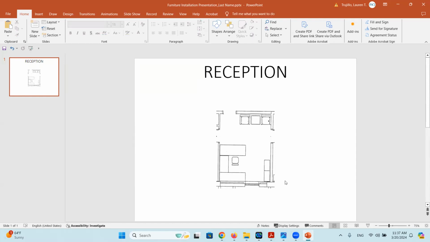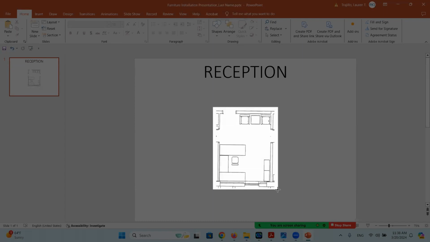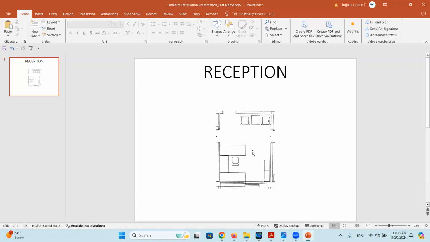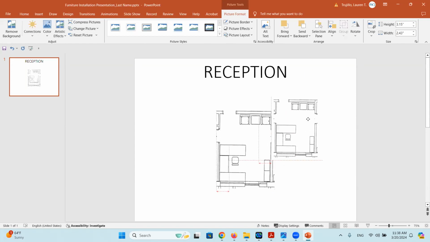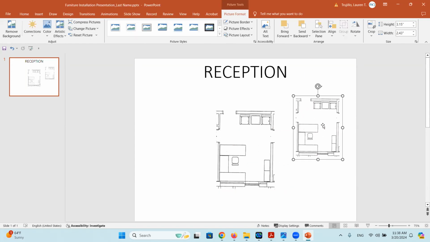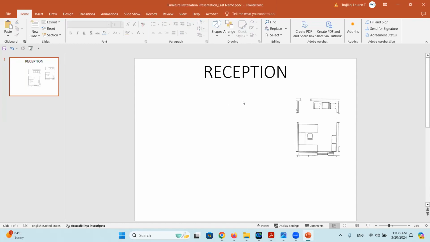Now, as you work with this PowerPoint, it's actually going to get maybe a little bit inconvenient to have all those little white boxes. So the best thing to do now is to go ahead and take a screenshot. So I hit my print screen button, my screen goes a little bit gray, and then I select this image that I just created. Okay, and then now I hit Control V. Your method of creating screenshots may be slightly different, but now you can see I've got a single image of that floor plan over there. And then now I can delete this extra one that's got all those little white boxes and patches.